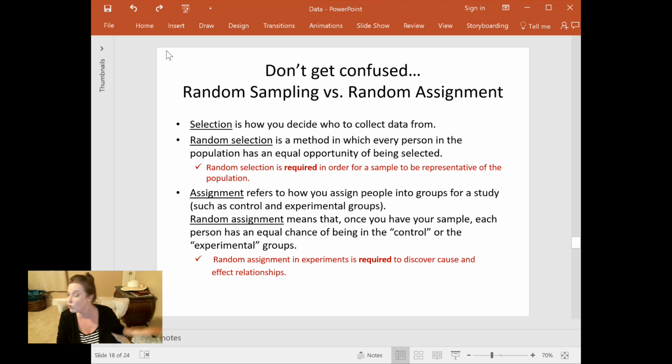Random assignment is only relevant if you're doing a true experiment, and true experiments are where you're randomly assigning people into different groups that are going to experience different things so that you can see the effect of your manipulations. Like, I'm going to manipulate whether or not people smoke marijuana. It's the independent variable, to see what effect that has on the dependent variable. Let's call it motivation, right? The independent variable is usually group-based and the dependent variable is usually some dimension-based variable like motivation, high to low, right? Random selection is how you get your people. Random assignment is what you do with them once you have them, but only if you're doing a true experiment. So just a tiny little bit of research methodology.